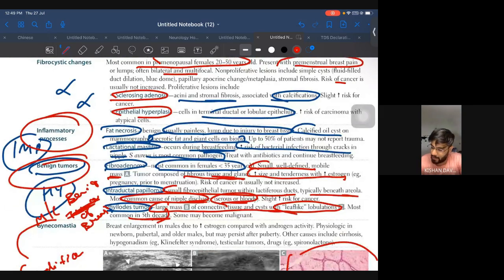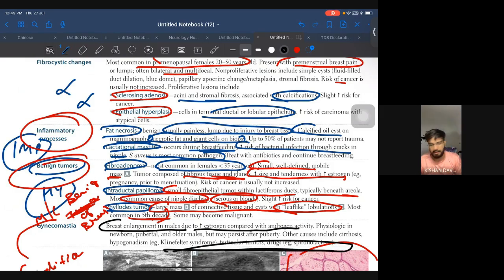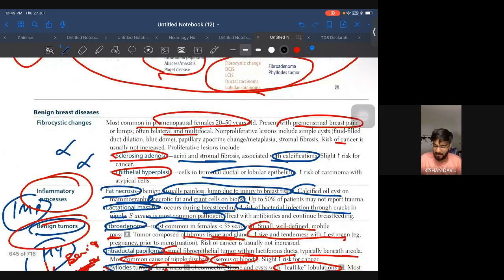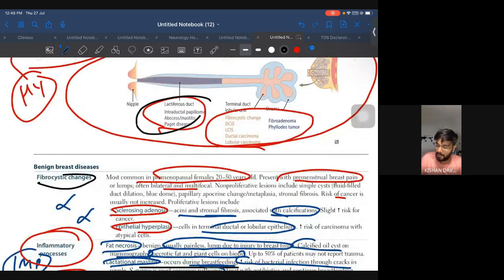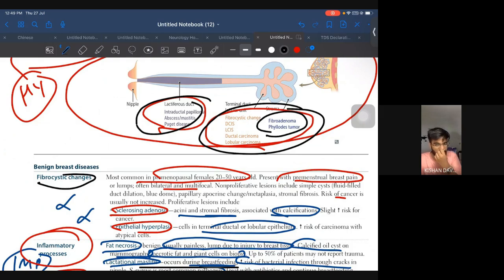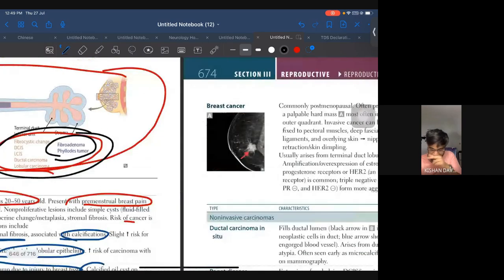Coming to gynecomastia. Gynecomastia, breast enlargement in males due to increase in estrogen compared with androgen activity. You know the causes. Okay, so you have to remember the causes. Okay, so that's it. In benign breast disease, fibrocystic change are not important, but inflammatory and benign tumors are important. And yeah, please remember this because see, they have asked the location. Okay, they have asked the location, they have shown the image and they have given ABCD. You have to identify and say where this lesion is occurring. Alright,